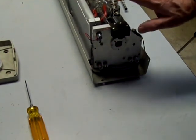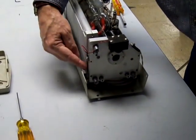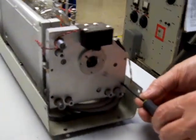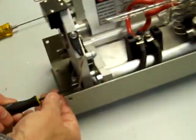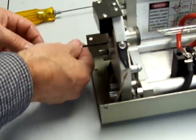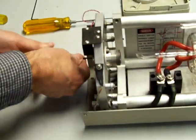And then what we need to do is to remove this plate. First thing we'll do is release the leaf springs here and here. Put your Allen driver in. If you come to the side here, just undo the screw, pull away, and the same on this side here. Release it completely,